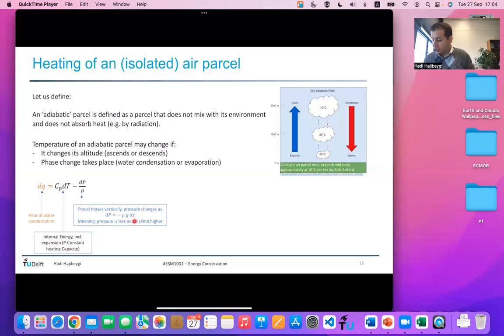since when it climbs, it gains potential. So then the g acceleration vector is downward while the dz is upward. So there is a negative sign in here. So pressure actually decreases as you climb up. So in that case, change of the pressure as you climb dz will be minus rho g dz.